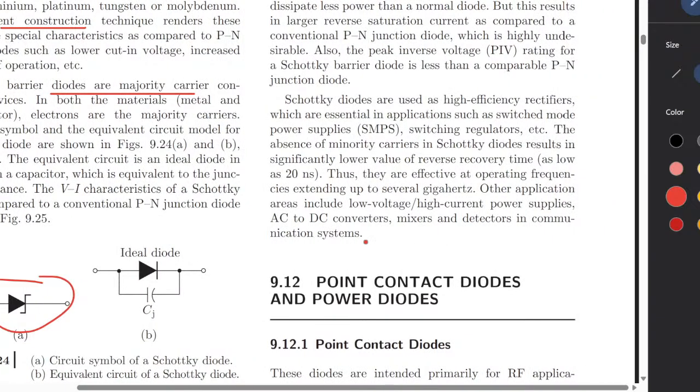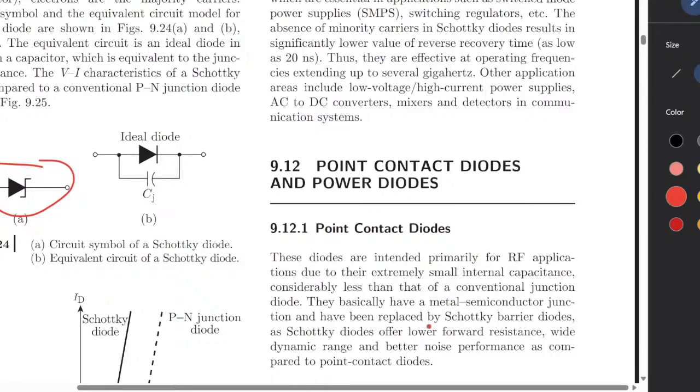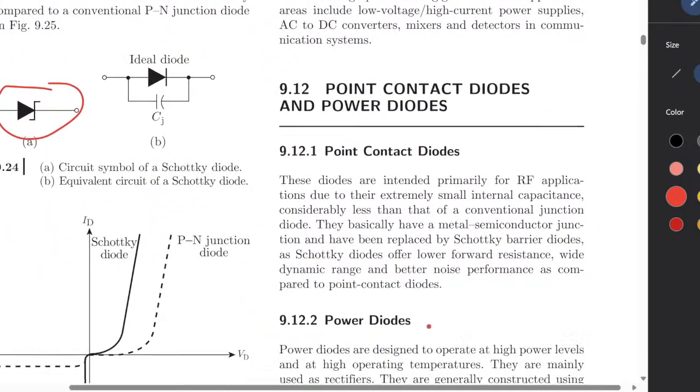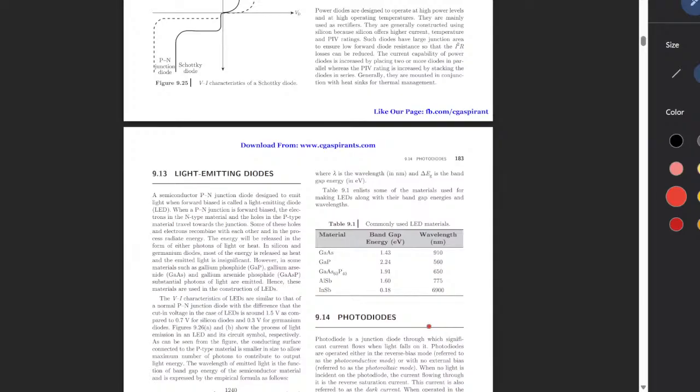So the Schottky diode is a highly efficient rectifier, which is essential in applications such as switch mode power supplies. Then there are the point contact diode and the power diode. The diodes are intended primarily for these uses, the point contact diodes and power diodes. Okay. So as we know, the light emitting diodes, photodiodes,